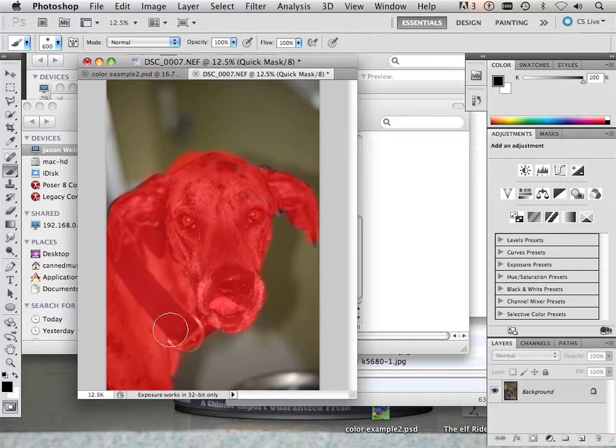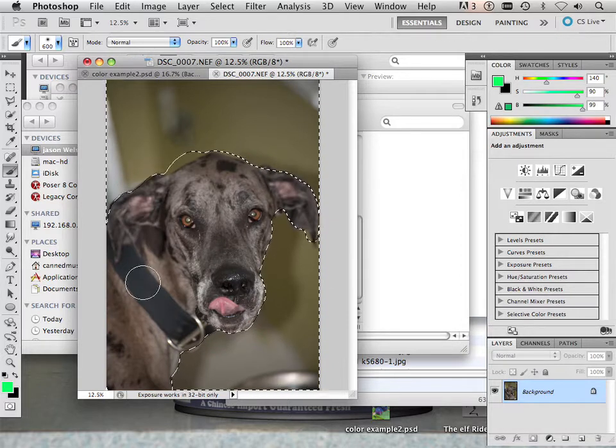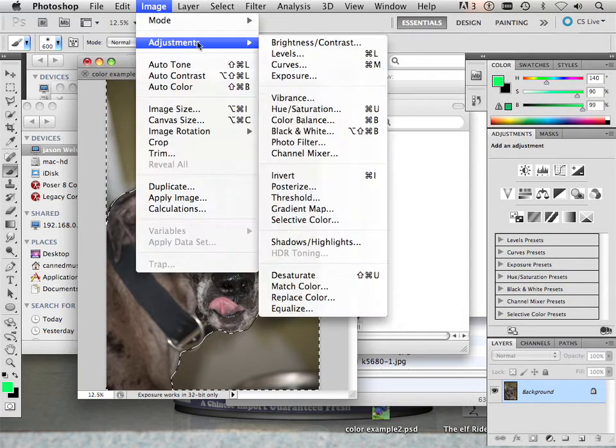Okay, so there we go. We got a red dog. Clifford. Alright, so in here, if I go clicking on this, I can see that the ants go marching on around the document, but not the dog, because the dog is right. You can see that the ants don't go in this region. That means anything in this area will be exposed, but first, instead of going up here to the image adjustments exposure,